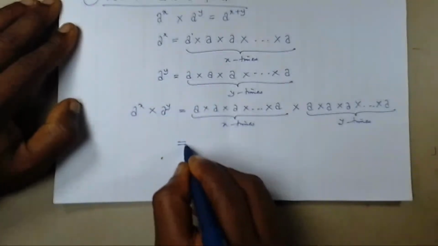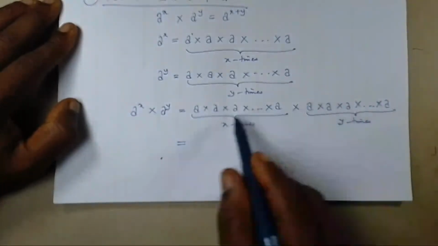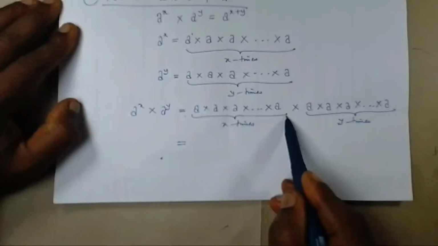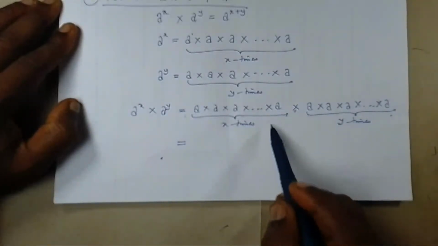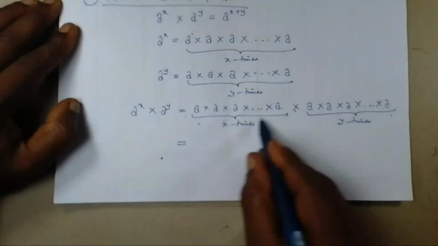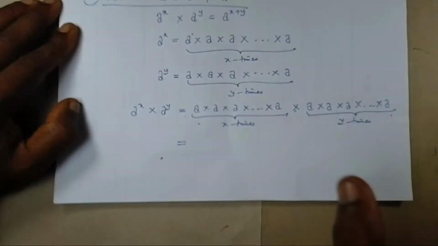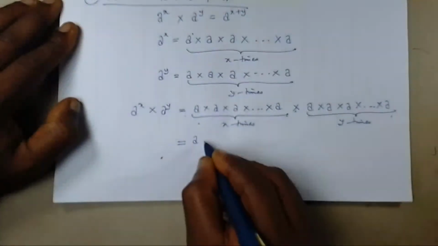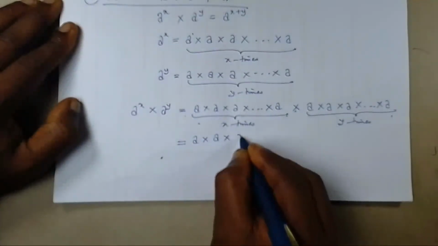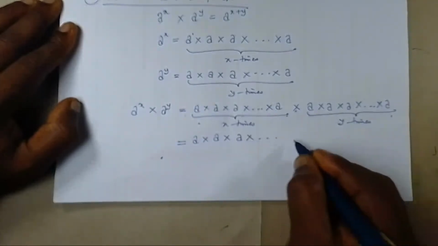Now this goes to show you that if you look at this set of a's multiplying this set of a's, this is still a multiplication. As such, they all put together will be in multiplication. So when you multiply all of them, it ends up giving you a times ellipsis a,